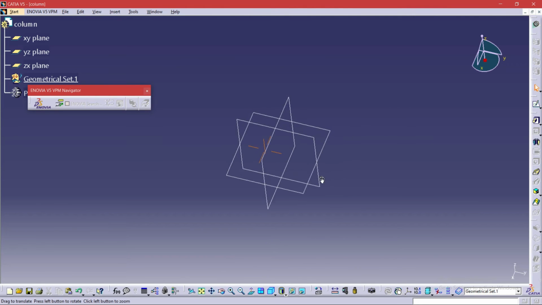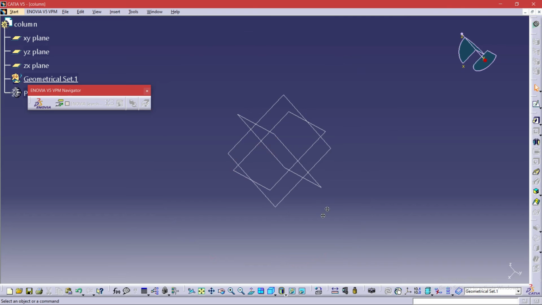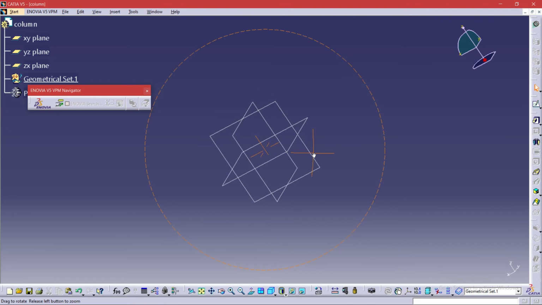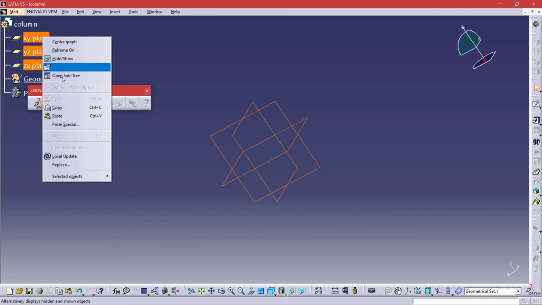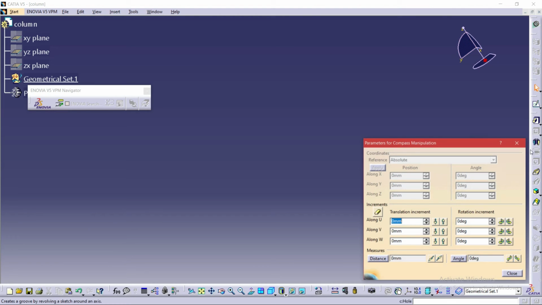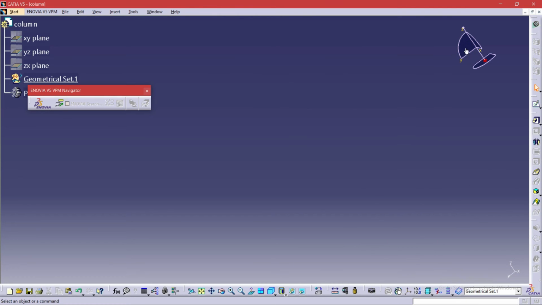Now, as I have told you before, for the industrial standard we don't need to look at the planar basis. We need to have the axis. For that, we first hide the planes. Then we have to insert the axis. For that, we need to make sure that the UCS icon is placed correctly. You will have a little trouble with this UCS icon because it is free to move anywhere. So we are just going to check the position. If it is at this exact position, then we rotate it horizontally by approximately 90 degrees.